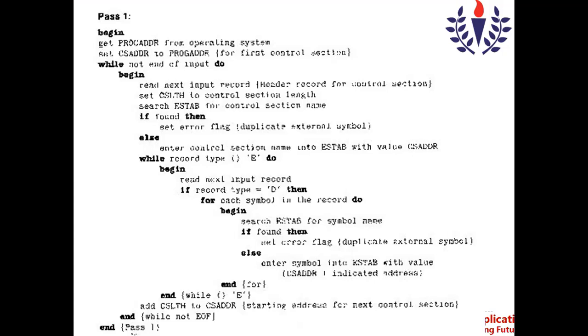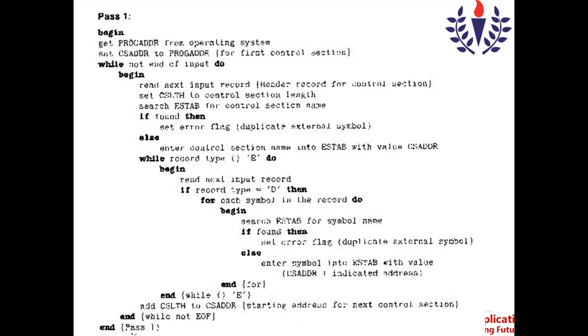These two symbols are defined in program A, so those symbols would definitely be available in the define record. Not only for one symbol, for each and every symbol, the same process has to be done. If the record type is equal to D, then for each symbol in the record, do the same thing.